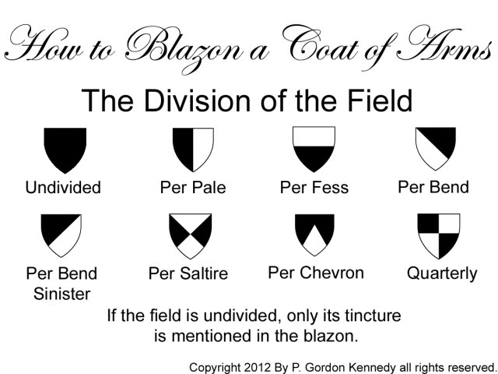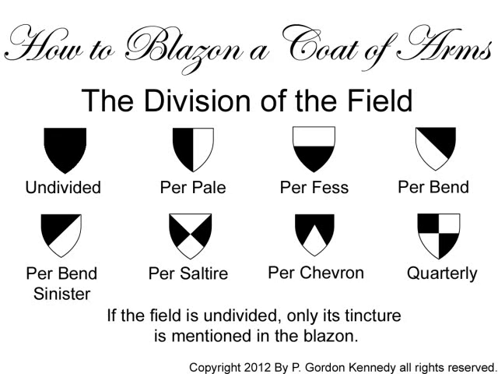The division of the field. There are several possible ways that the field can be divided, including an undivided field, per pale, meaning in half vertically, per fess, meaning in half horizontally, per bend, meaning in half diagonally from left to right, or I should say from dexter to sinister, per bend sinister, which is in half diagonally the other way, per saltire, which is in quarters by an X,